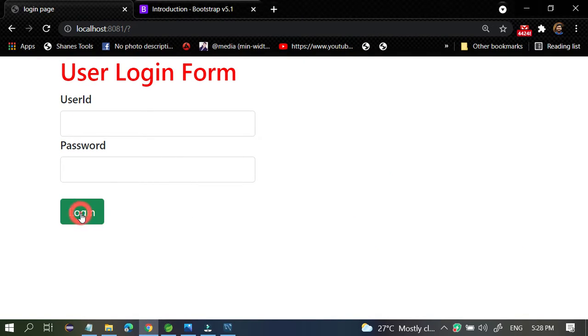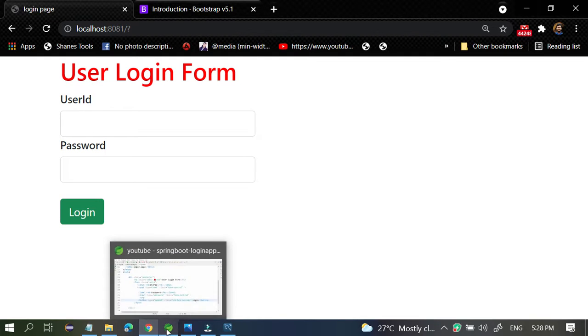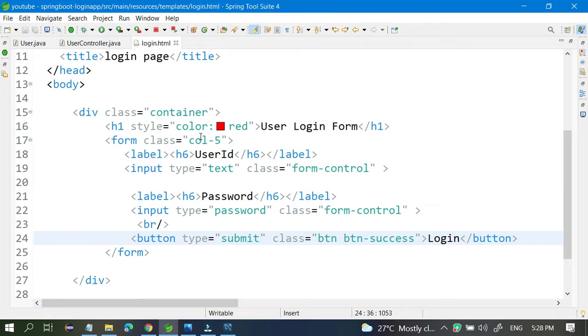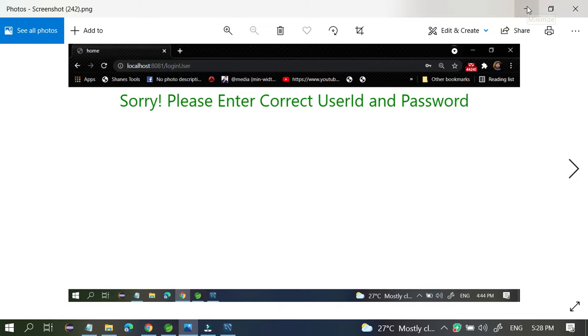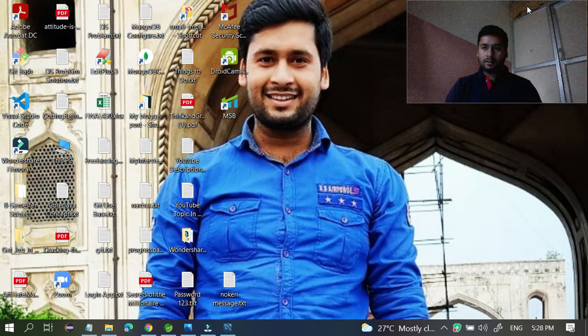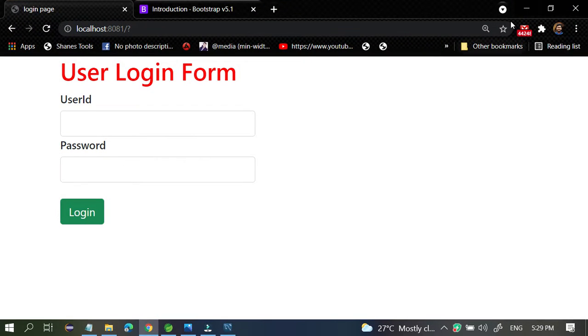But if you write something inside the form, whenever someone clicks on the button, what you have to do? For example, if someone clicks on the button,